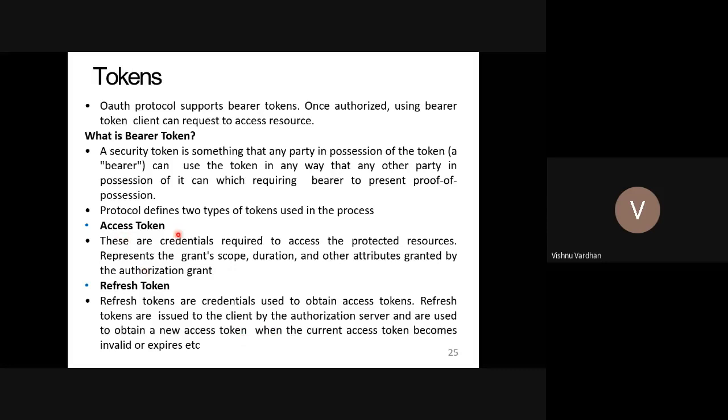Suppose an access token is going to have a duration of 3 hours or some 20 minutes. After 20 minutes, it is going to expire. So what you have to do is, before the expiry of this access token, a fresh request is automatically made to get a new token, and that is called a refresh token. So by using these refresh tokens, you are going to authorize again with the same server, and you are going to get a new access token.